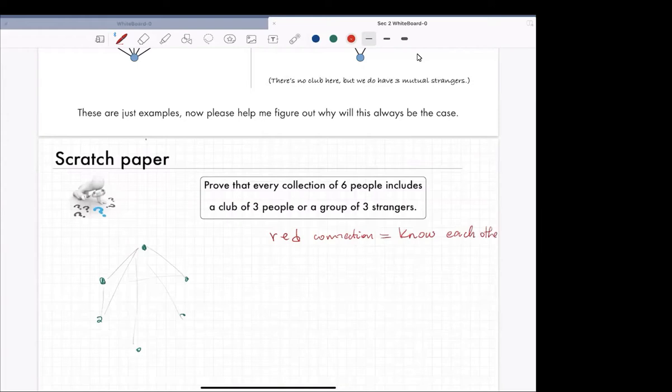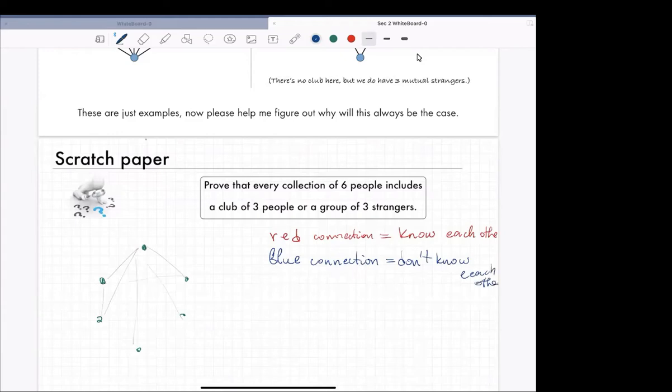So these gray connections that I was drawing here, those are possible connections. So the gray represents either blue or red. So blue connection, blue. Does that make sense, what I'm saying right now to people? I'll clarify this in connection. Later we'll call these connections edges or arcs. Okay, blue, don't know each other.